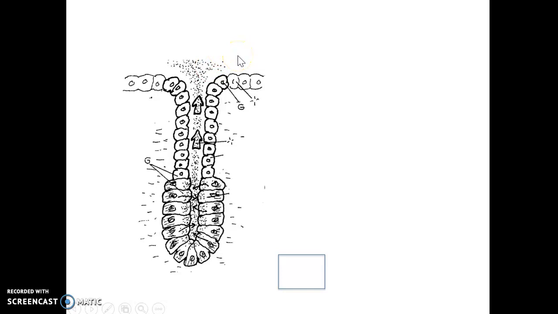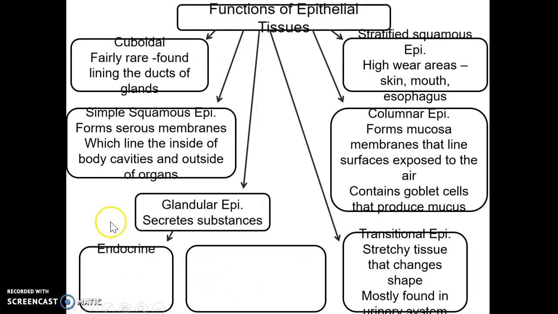This could be in your pancreas where it's making insulin, or it's making glucagon, which is a chemical that does the opposite of insulin. Insulin tells your body to take sugar out of the blood. Glucagon says, hey, let's release it and put it back in your blood because your blood sugar is too low. But anyhow, it would be this kind of epithelial cells, and the glandular ones down here at the bottom actually make the substance. The cuboidal cells line the duct as it goes up to the surface. All right, and that's endocrine. All right, or